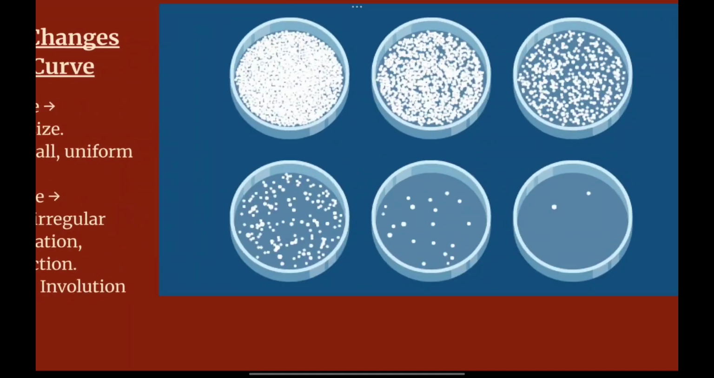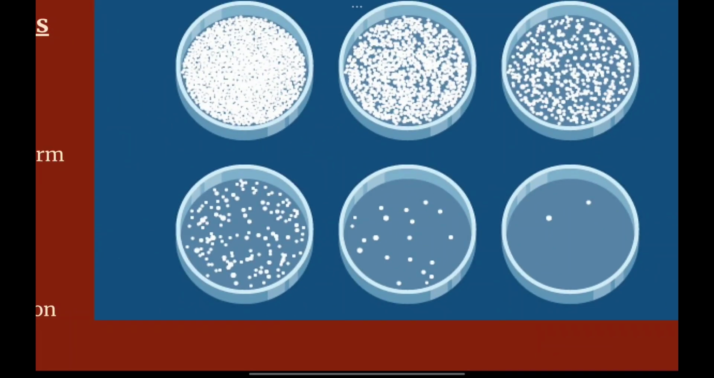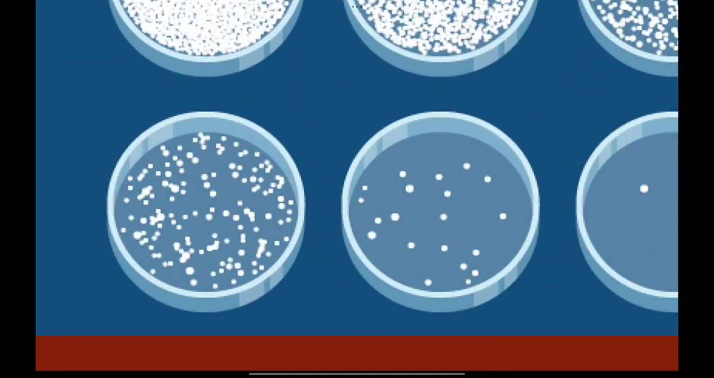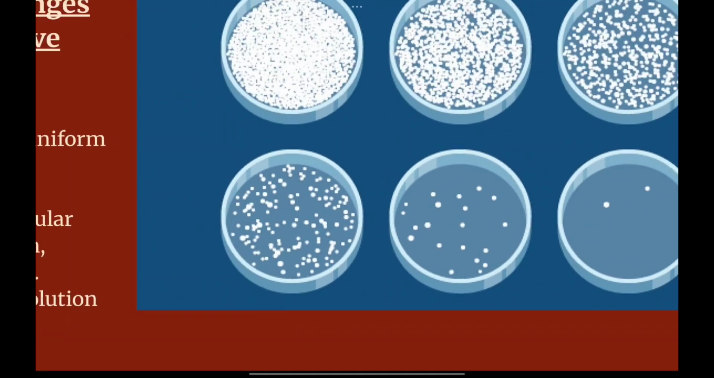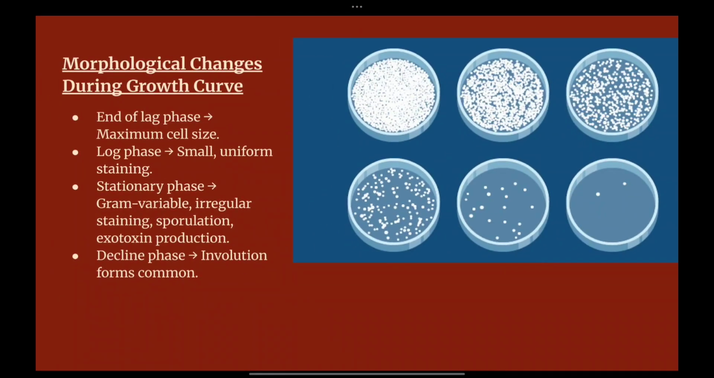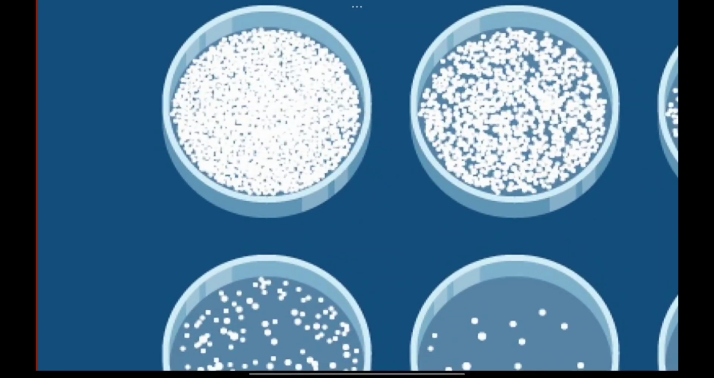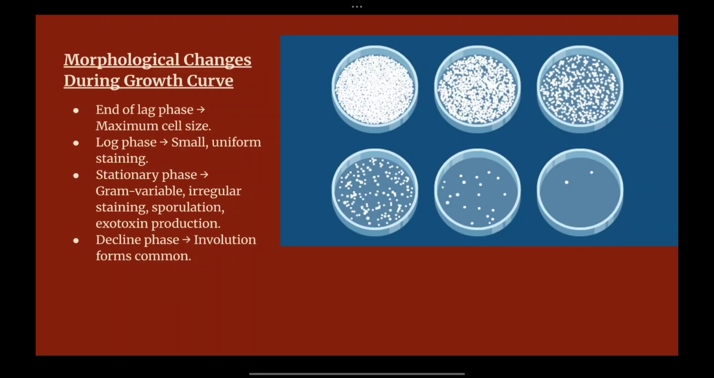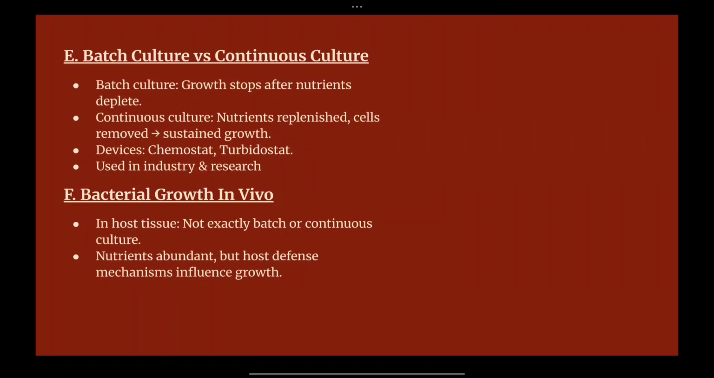So you can see the image of how the different phases appear. This is the lag phase, then the log phase, wherein the maximum size of the cell is attained. Then the cells keep on multiplying till the end, wherein cell death occurs. So those are the morphological changes during the growth curve. Now the next